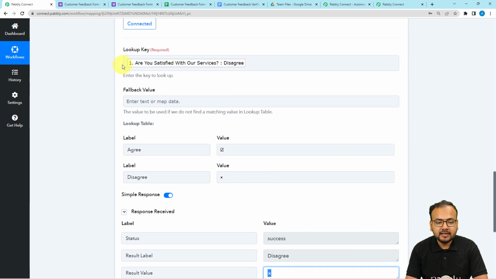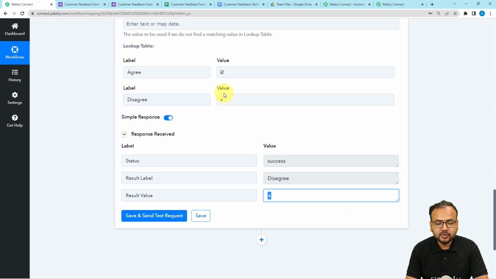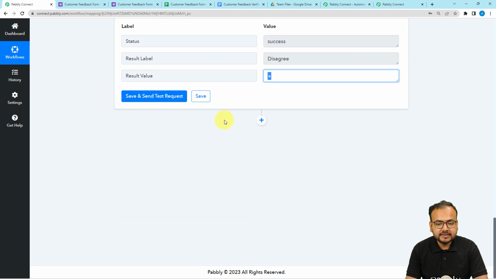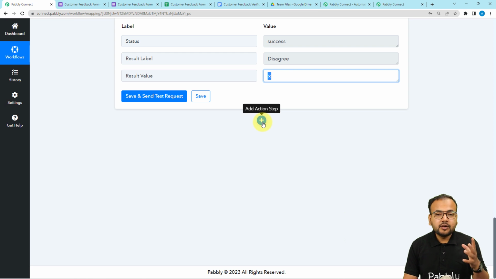Similarly, when the label is going to say agree, it is going to give you this value. Okay, now we can pass these values, but now guys we have two conditions here. First condition is when the customer agrees, and second is when it doesn't agree. So for these two conditions, we need to create two different kinds of paths to put different kinds of symbols